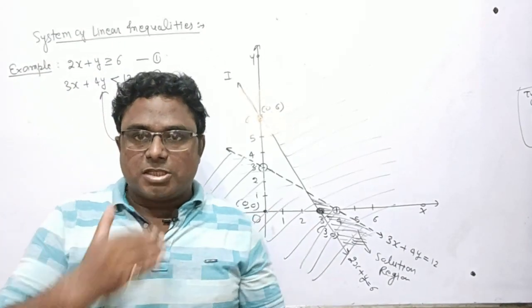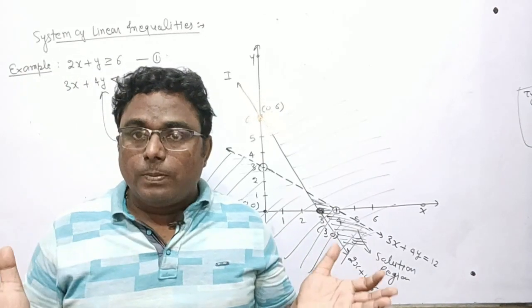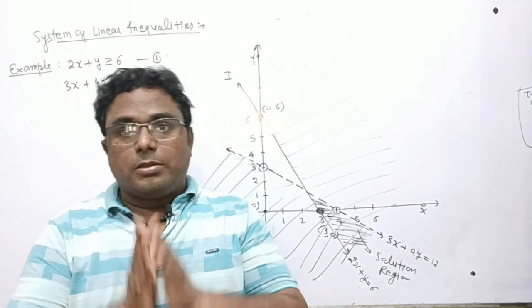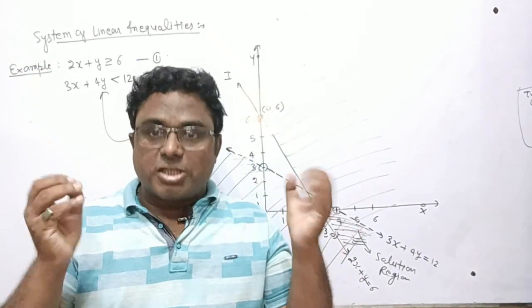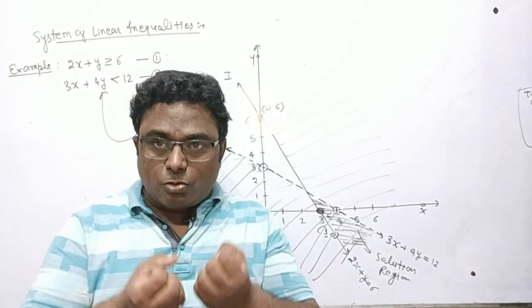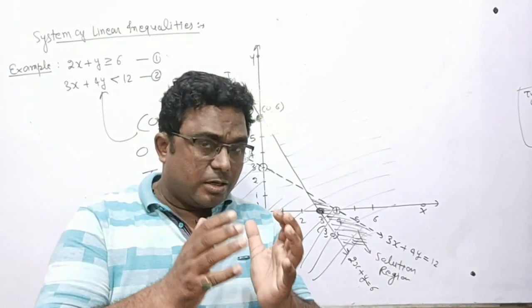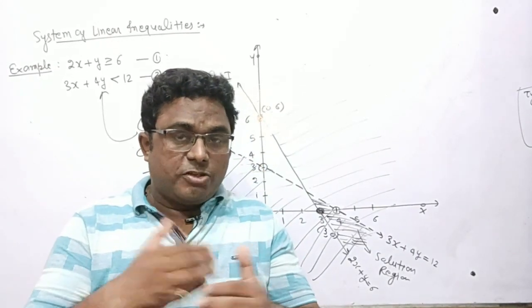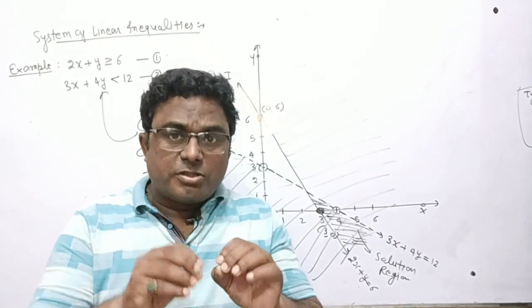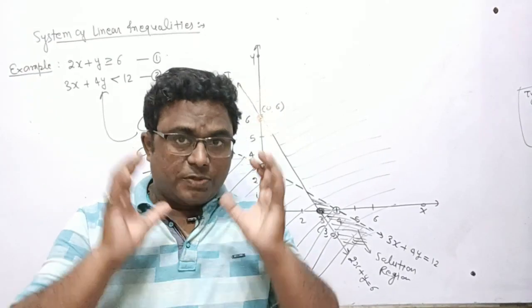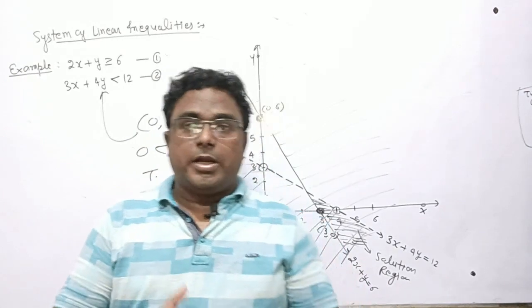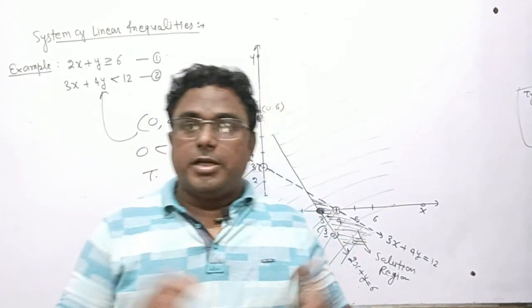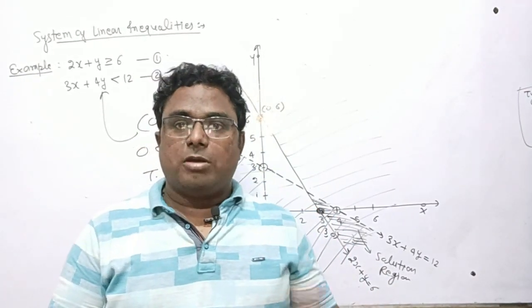So when we have a system of inequalities, what do we have to do? Actually we have to do the shades for individual inequalities, and from their shades we extract the common shade, and the common shade which you have extracted becomes the solution region of the system of inequalities. So by this we come to the end of this chapter, which is linear inequalities. I hope that you have understood it well.